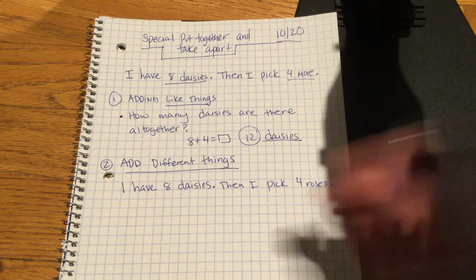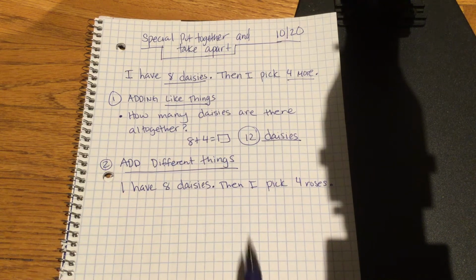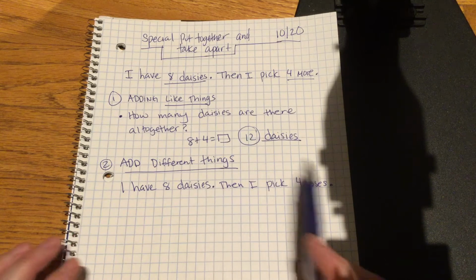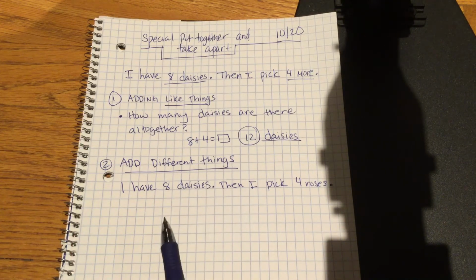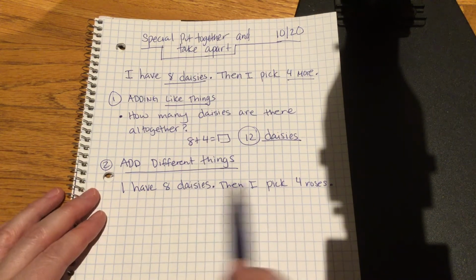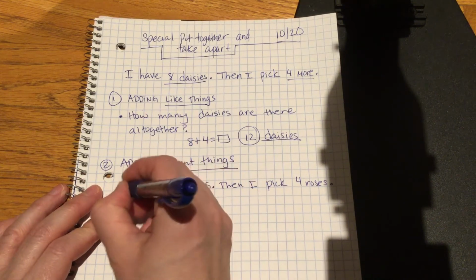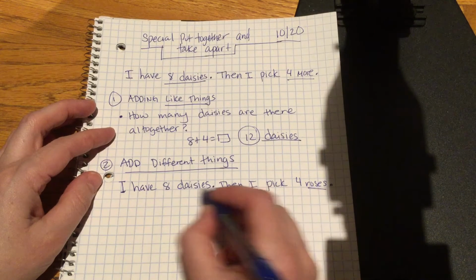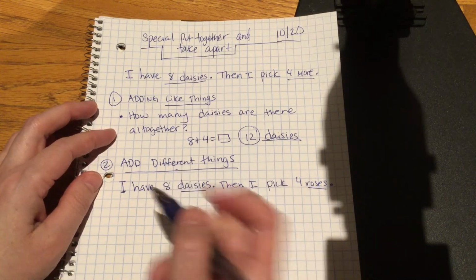We have one part and we're adding on another part, but in this case, daisies and roses are not the same thing. I'm not going to get 12 of one type of flower, and when we need to do this, we need to think in terms of naming the unit. There has to be one way that we name that. Okay, so think about a question that we might ask for this information. And we would then change our unit because we're dealing with different things. We would say,